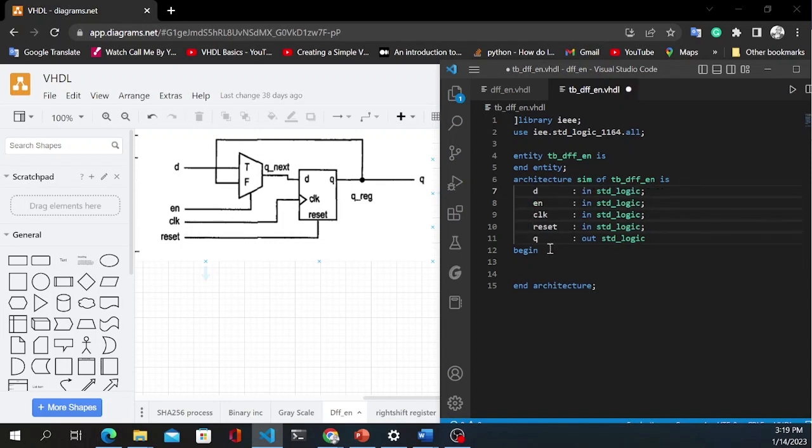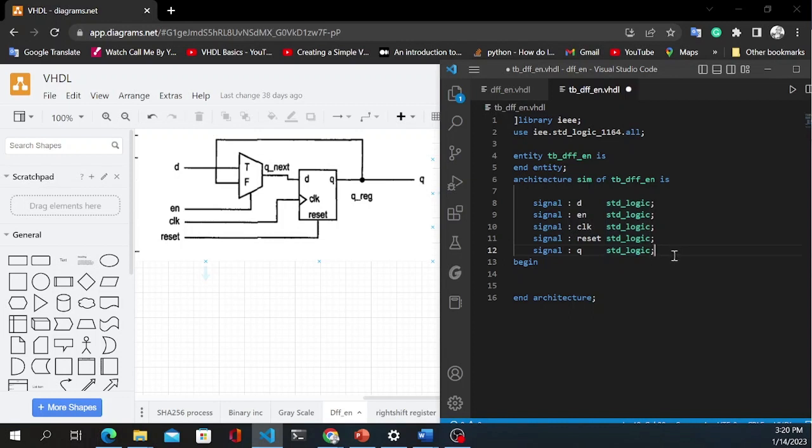and this is why I like using Visual Studio, because it allows me to do things like this. So we must have them as signals, and since they are signals, then they don't have inputs or outputs. We are declaring them as signals, and okay, so we have the signals,